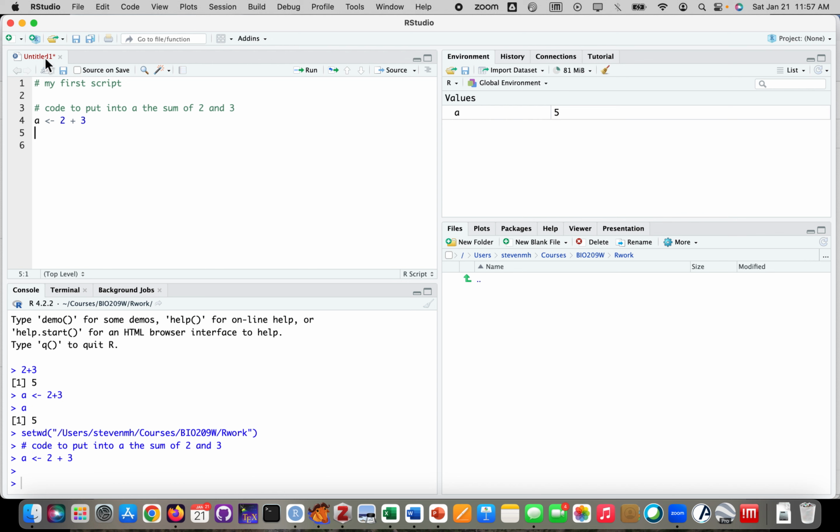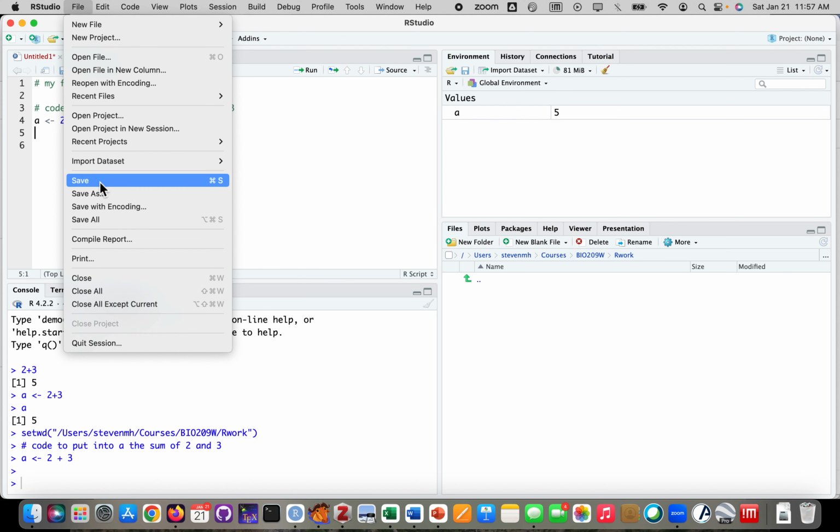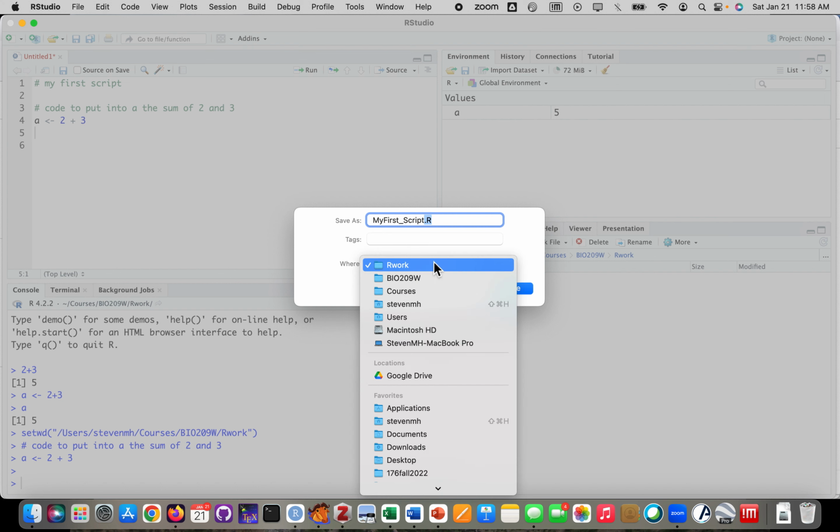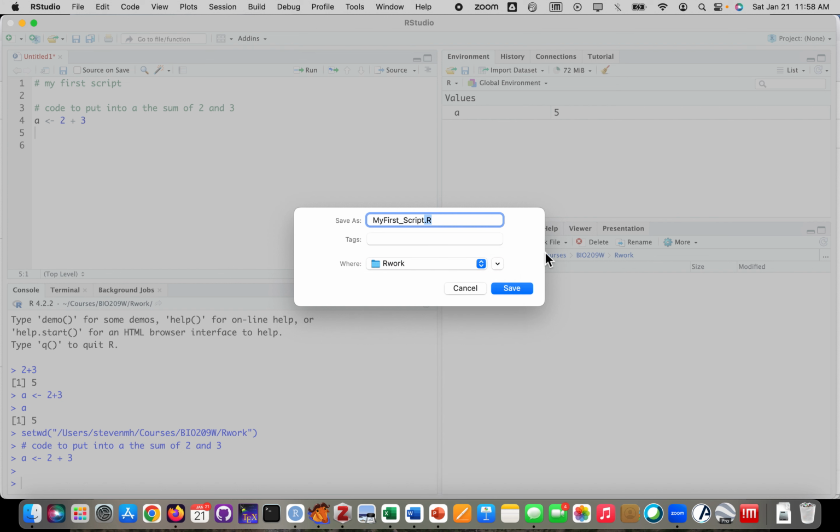The first thing I have to do is save this. So I will save this and we'll come up here. I could do this with this command S, and I'll save it. It will ask me to name it, and I'm going to call it my_first_script. You'll notice that it ends in .R, and it's going to put it in R work. That's where we want all of our work for this class, is in the R work folder. You can see why it's going to be important. So I'm going to save that,